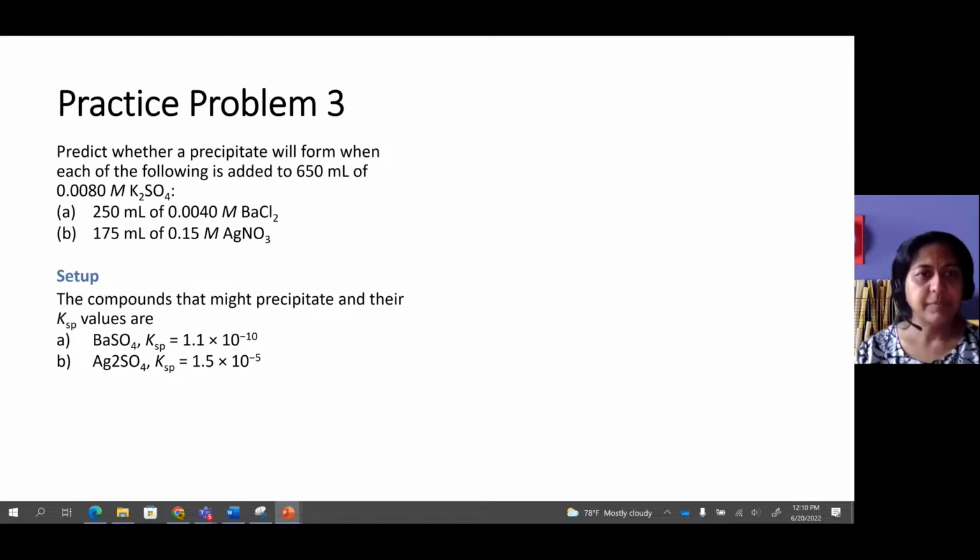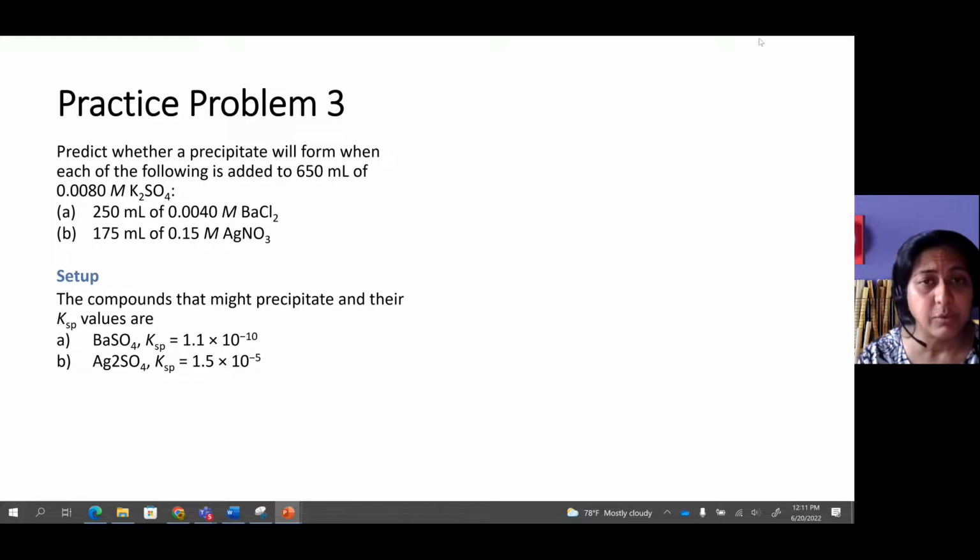Practice problem 3. Predict whether a precipitate will form when each of the following is added to 650 milliliters of 0.080 molar K2SO4. The first solution is 250 ml of